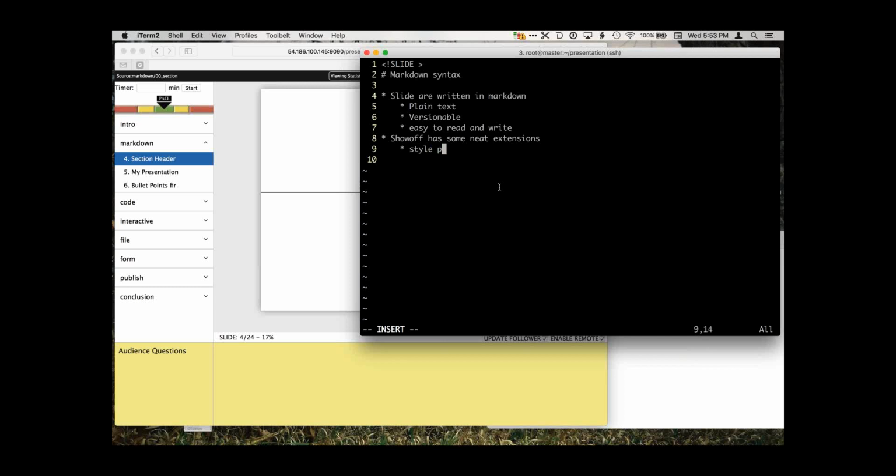We can style paragraphs with style tags. Basically, if you use the first word of dot something, then Showoff will say, "Oh, hey, they meant for this paragraph to be styled with this particular tag," and all it'll do is add that style to that paragraph.